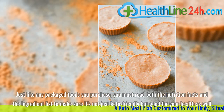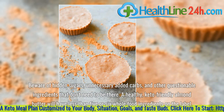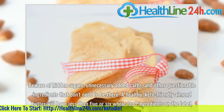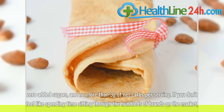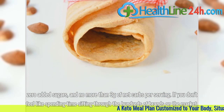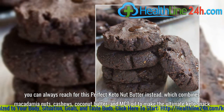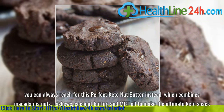Beware of hidden sugars, unnecessary added carbs, and other questionable ingredients that don't need to be there. A healthy, keto-friendly almond butter will have less than 5 or 6 whole food ingredients on the label, 0 added sugars, and no more than 3 grams of net carbs per serving. If you don't feel like spending time sifting through the hundreds of brands on the market, you can always reach for this perfect keto nut butter instead, which combines macadamia nuts, cashews, coconut butter, and MCT oil to make the